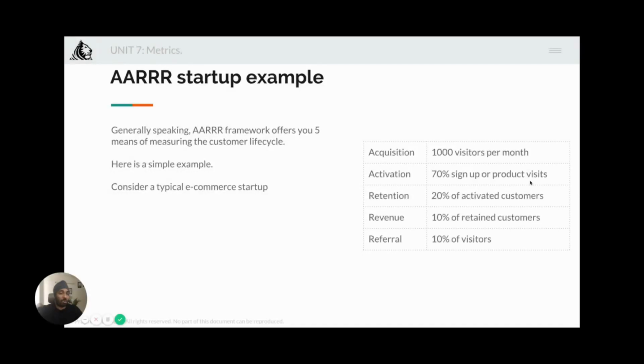Nearly 10% of all visitors will tell their friends about that website, which is the referral, right? It means this site has a good activation rate of 70%, right? Which means they are exploring a real problem and have a working solution. Also, they have a convincing landing page, right? That's why people are signing up.